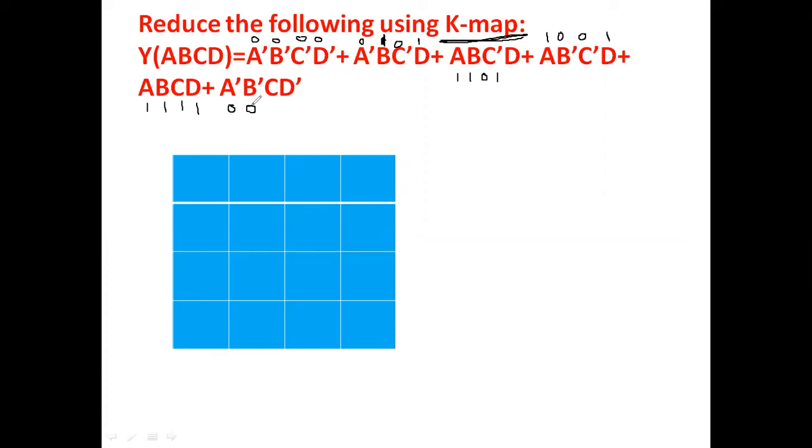Here 0, 0, 1, 0. So I repeat once again, if suppose your problem is like this kind of equation, what is the step you have to do? You have to find the binary equivalent or straight away write the binary values for each variable. Since it is an SOP problem, that means sum of products, all the uncomplemented variables are treated as 1. Complemented variables are treated as 0. So based on that only I am writing here.